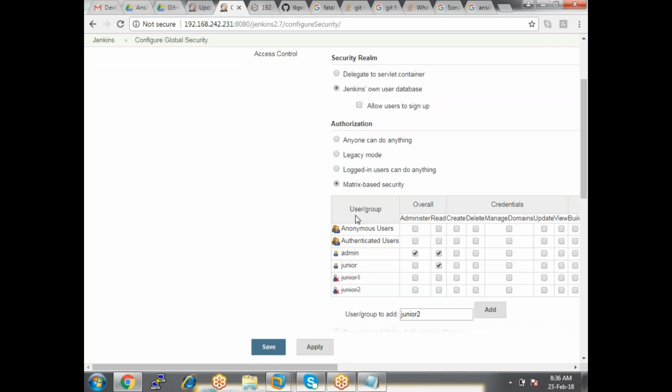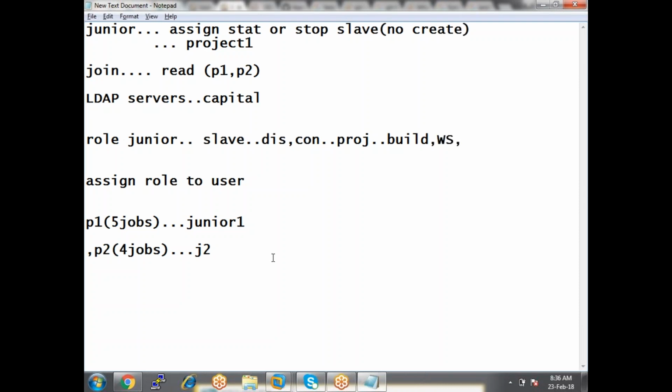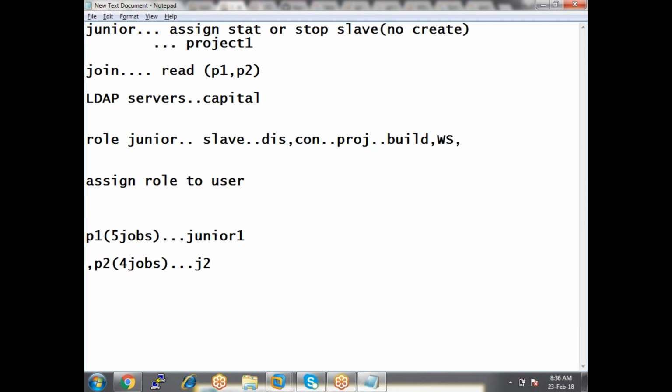I don't want to give him even the view access of this particular set of jobs. That comes under your project based authorization, the second one, the project based authorization.